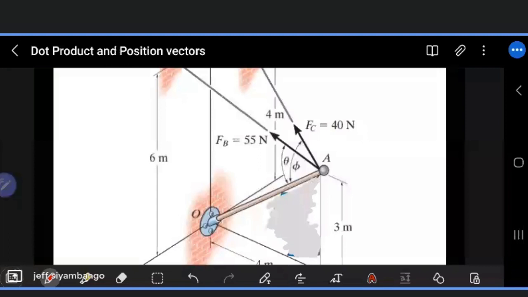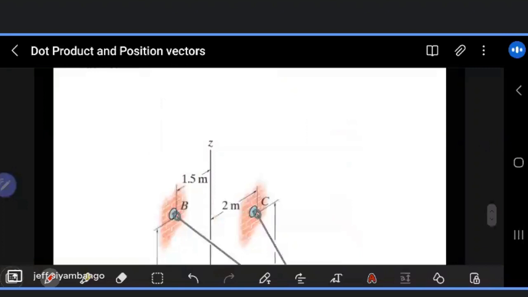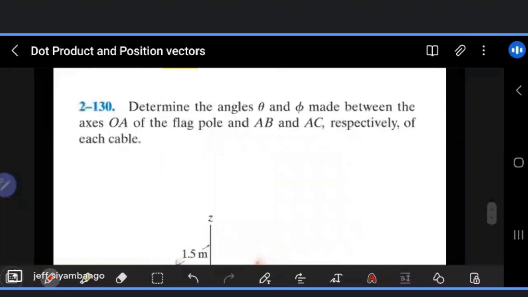So we're still looking at position vectors and also how to get the component along an axis. So we'll still be demonstrating those techniques. In this case, we have this question that was shared by Kangwa. And what they're saying is, determine the angle theta and the angle phi made between the axis OA and the